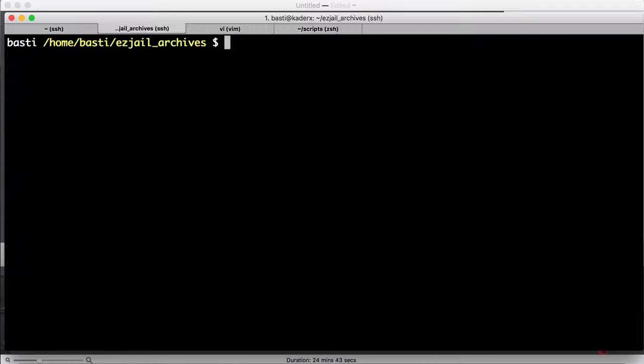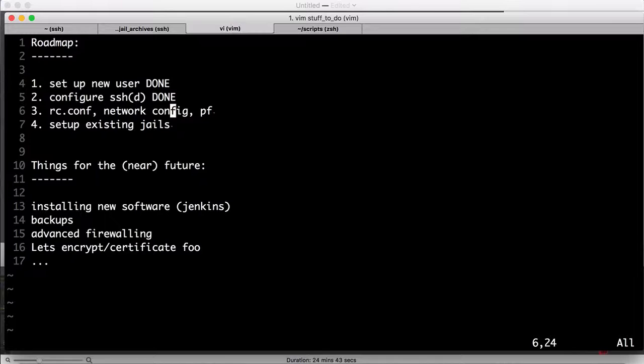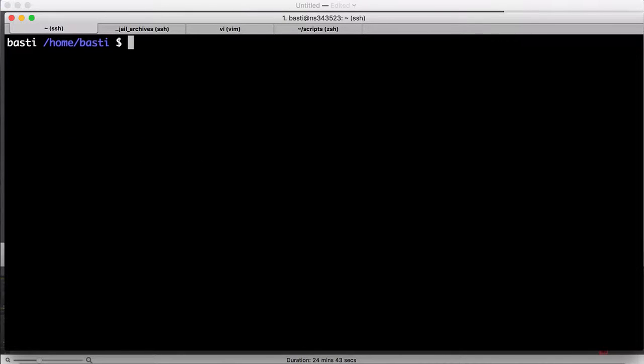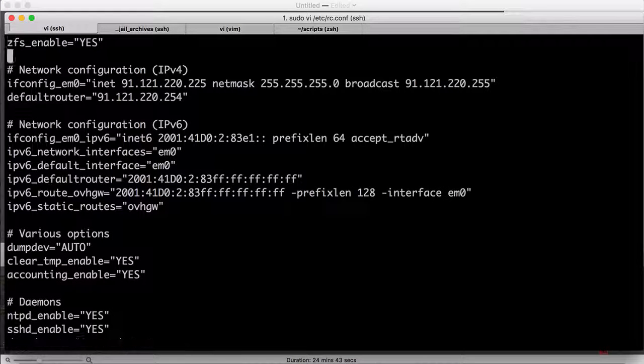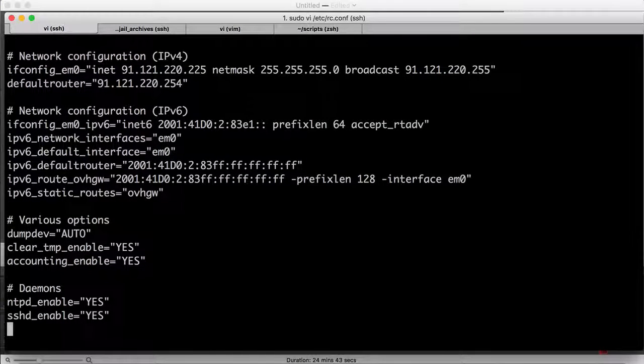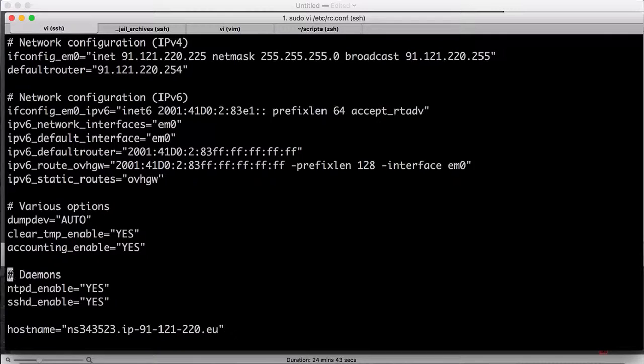So this is that. We now move on to part 3: rc.conf, network config, and pf. So rc.conf is, like you might know, on FreeBSD or BSD systems, the main configuration file for the whole system. And in our case,